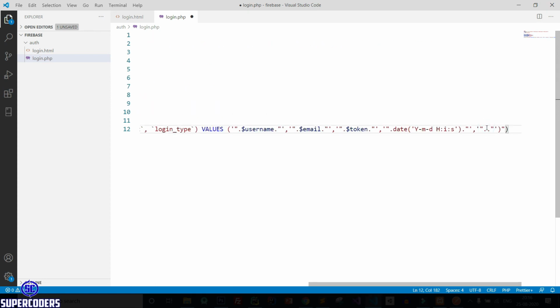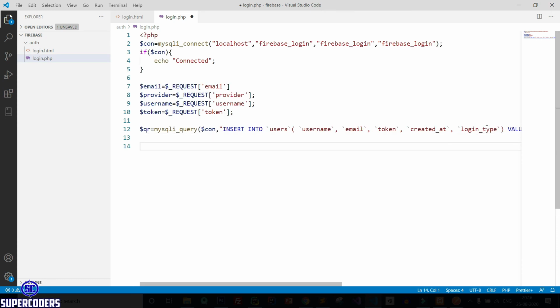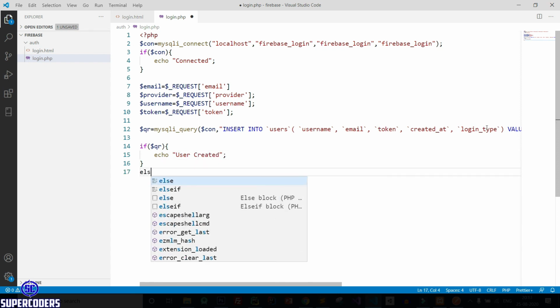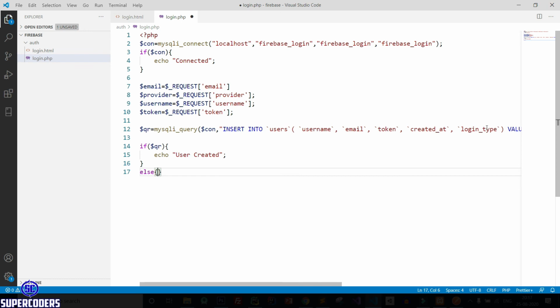Here, if $qr, echo user created, else echo failed to create user. Save it.